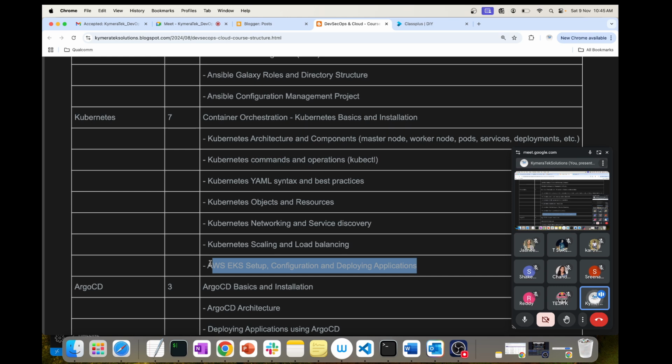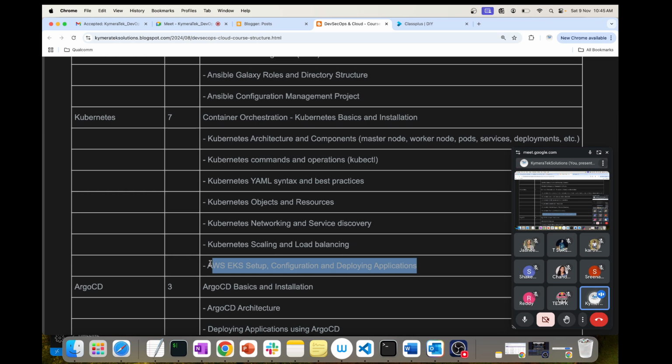We have Kubernetes resources, from very basic things to ingress, load balancers, Istio service mesh and all. We don't need Istio service mesh and all, but we'll cover pretty much all the resources, all the objects, all the things inside Kubernetes.